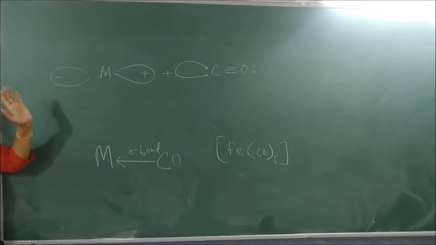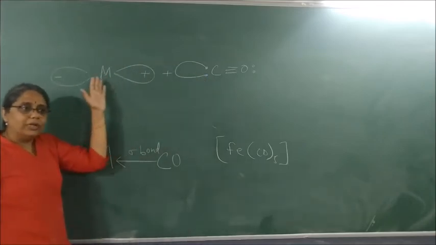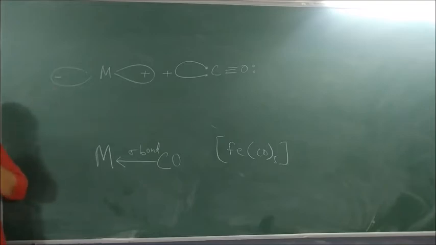This is called as what bond? A dative bond, because the direction is known. We know that this is the donor atom and this is the acceptor atom. There are only four atoms, right? 4 electrons. 3 are already done with oxygen. Oxygen, how do you represent Lewis structures? Think.